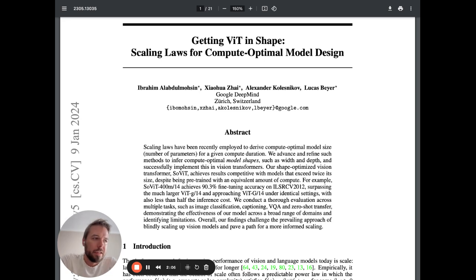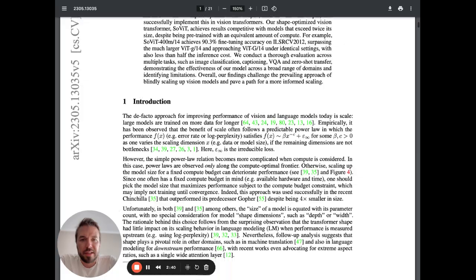And that's another thing they kind of do. I mean, it's not like super groundbreaking, but it makes sense. They say that, rather than just looking at a function of compute budget, you say, okay, I have this compute budget. What's the best I can do with this? Because if you have a big model and you don't have enough compute budget to train it, your model will be undertrained and you'll get pretty poor results. If you use the same compute budget but with a small network such that you can train your network enough, you'll get better results than under training. So they look at that and they find